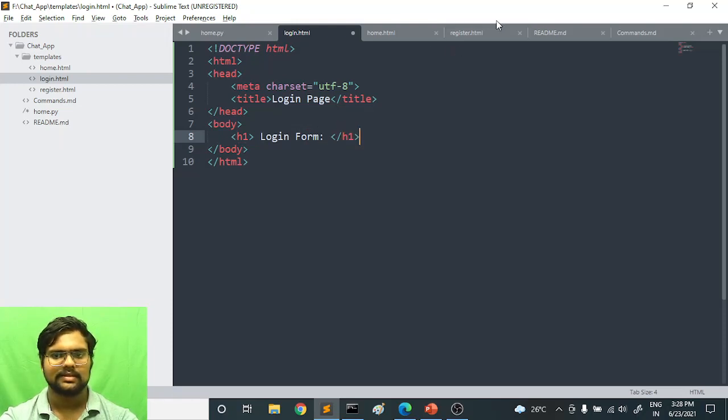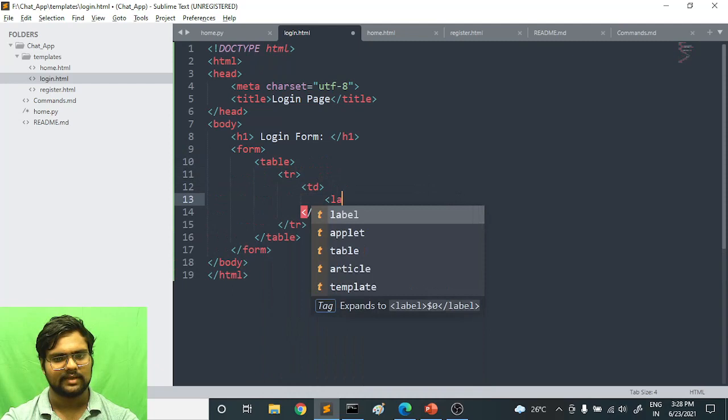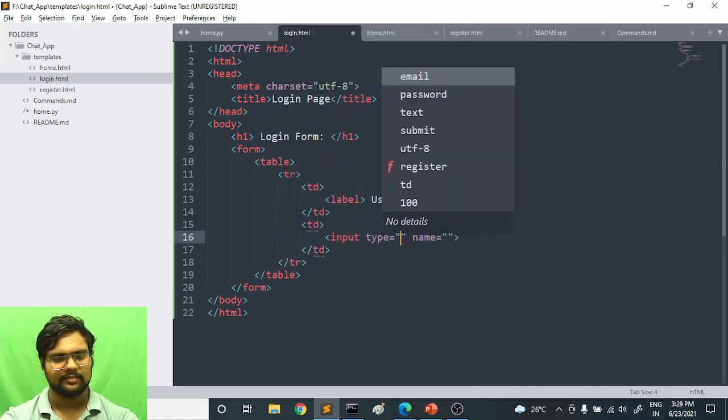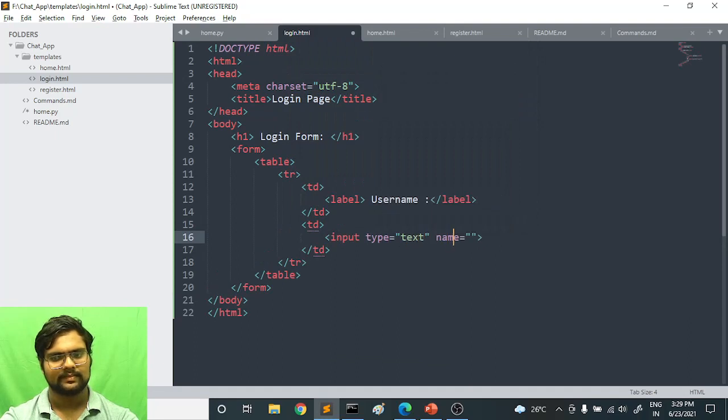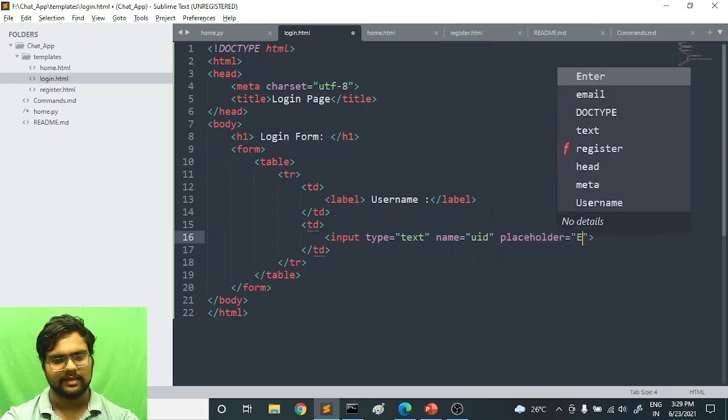And also let's create one form here for submission, so that the login information gets submitted. Okay. And in this, let's use one table, and that's tr tag, and this td tag will be there, and this one label should be there. That will be our user ID or username. Okay. And then there should be another table entry for the input. Okay. In the input, the type should be text, name should be UID, placeholder will be enter,